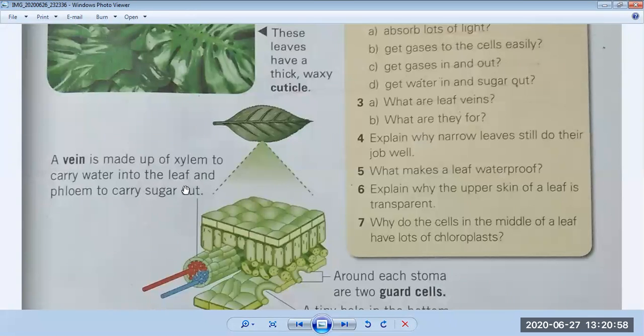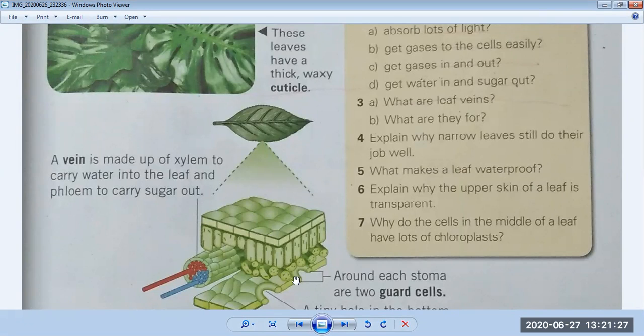If you see the structure, this is a leaf and this is the inner structure of a leaf. You can also see it consists of guard cells. We also know that guard cells are present in each and every plant, because their shape is like a bean, and they have a stomata in the center. Stomata are responsible for letting gases in and out of the body of a plant.